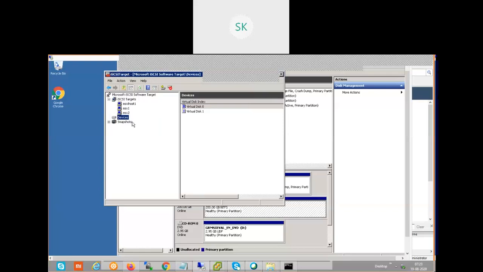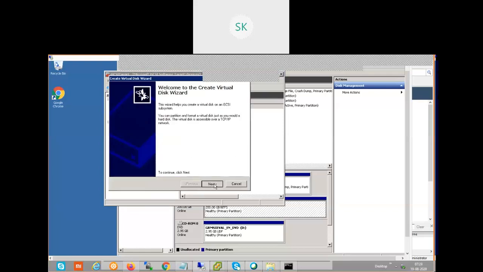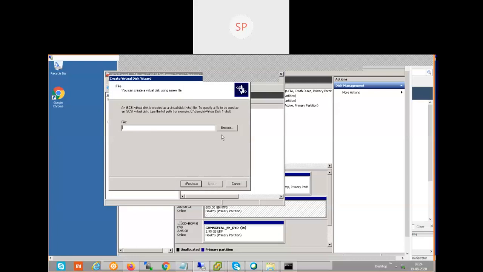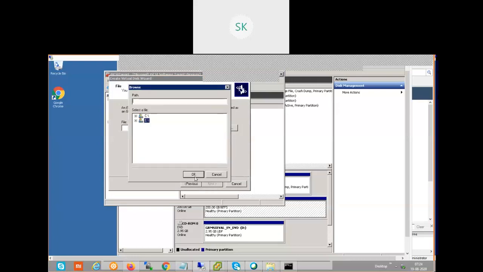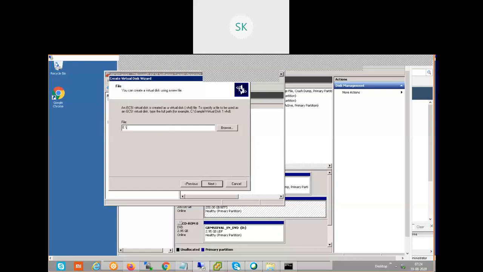Create one more, prod LUN 2. One more virtual disk I'm going to create. Name it prod LUN 2, and I'm going to assign that to ESXi host 2. Let's see that. Prod LUN 2 .vhd. Instead of 10 GB, 1024, if you want to differentiate, mention 2048.